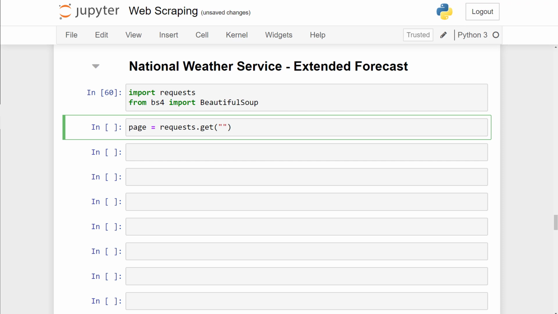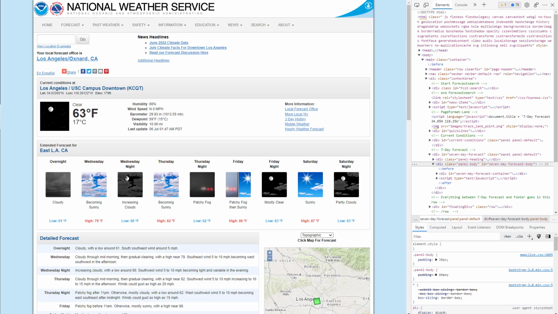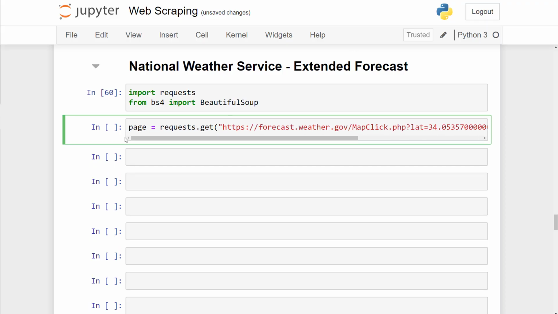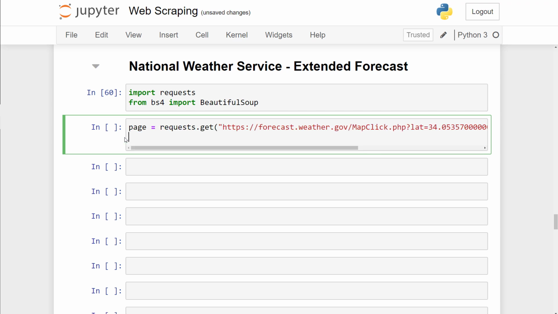So if I copy and paste this from my browser, we are then requesting to download the web page containing the forecast. Next, we can create a BeautifulSoup class, which will enable us to parse the page. So if I set a variable called soup, we can set this equal to a call on the BeautifulSoup class, in which we'll pass in the markup specifically. So we know we have a property called content on the response object. So I can put page.content as the first argument. And the second argument will state that it's HTML that we're wanting to parse. So we can put